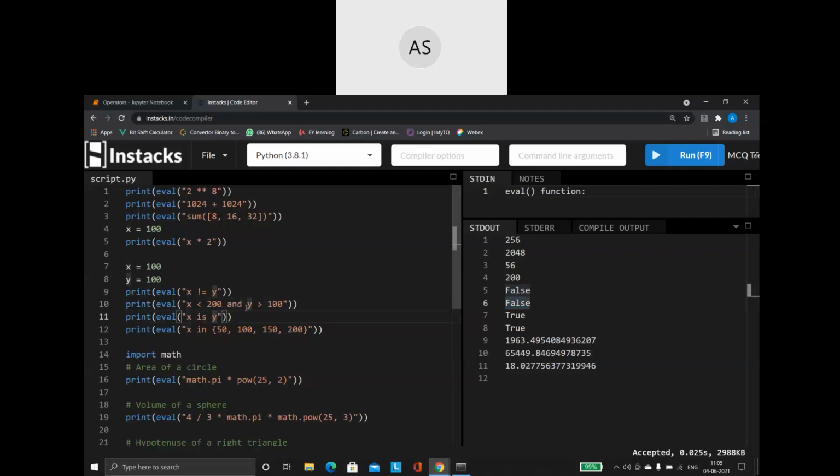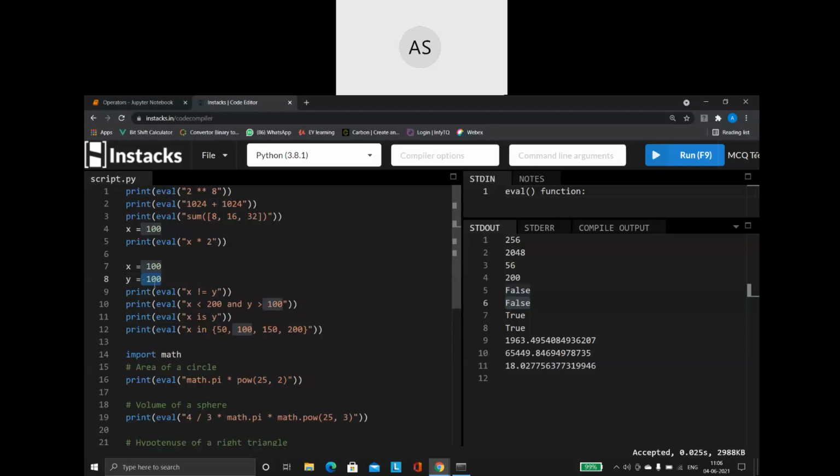Now then I'm saying x is y. I hope you guys remember when we were talking about the mutable and immutable concepts. I just told you that if both the variables' values are same, then Python is going to create only one single memory for it.